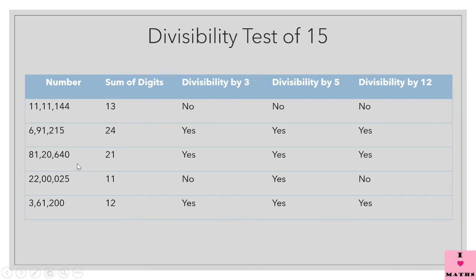81,20,640. Since sum of the digits is 21, this given number is divisible by 3. The last digit is 0, so this given number is divisible by 5. Since it is divisible by both 3 and 5, children, this number is also divisible by 15. Okay, now the second last number,